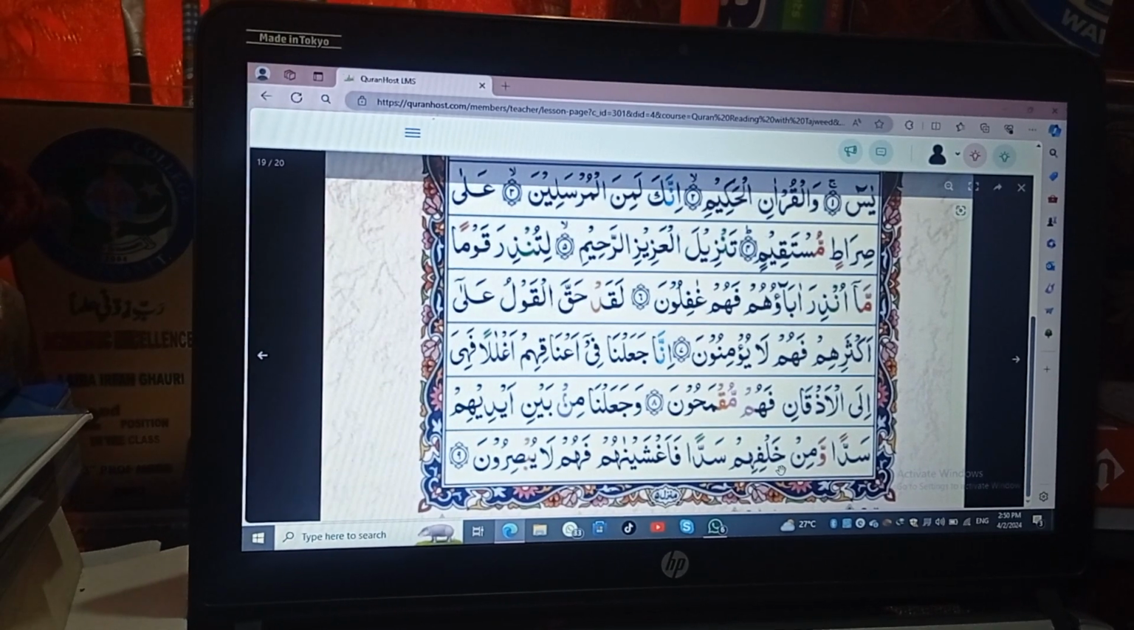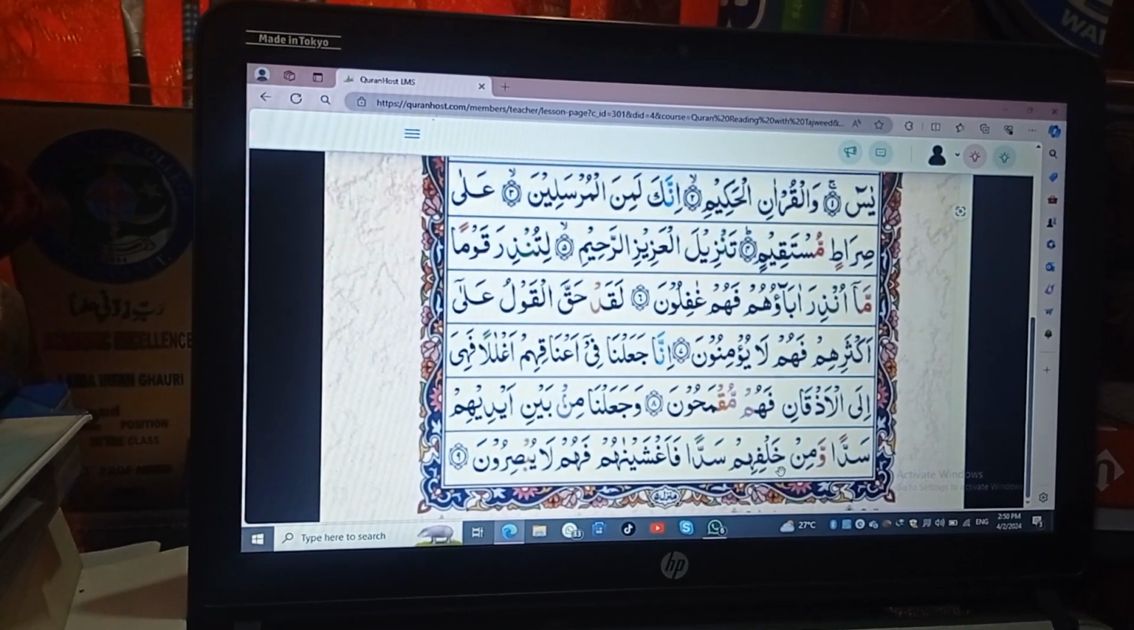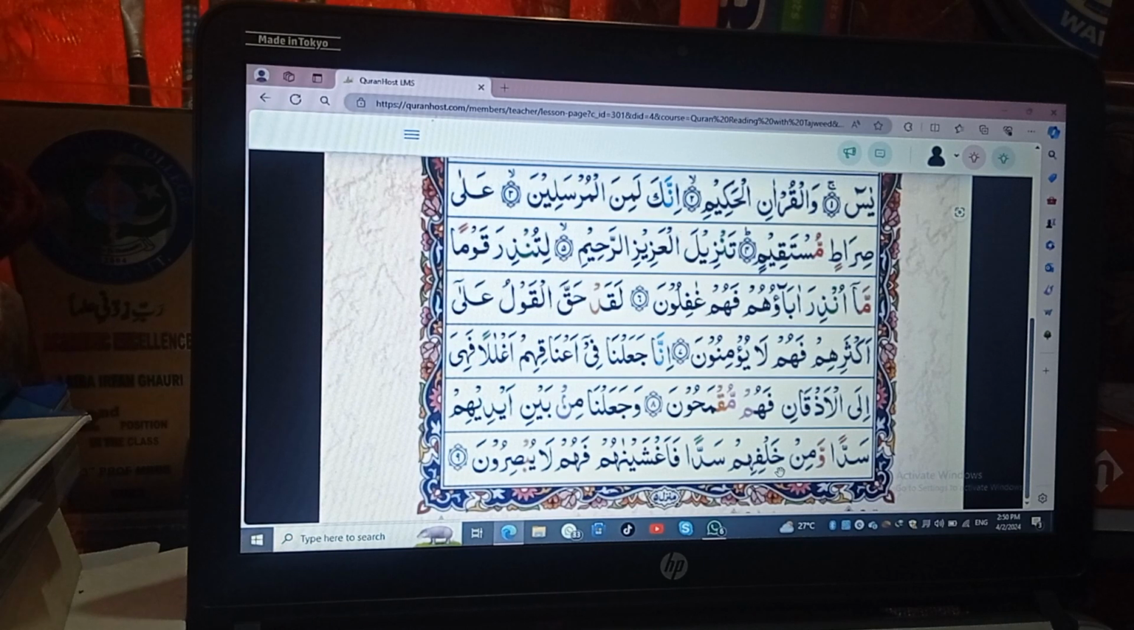So whenever you see noon sakin or tanween, and after that there is any throat letter, what are the throat letters? Throat letters are six letters, which we have to pronounce with different regions of our throat, and they are six in number, which are hamza, ha, ain, ha, ghain, kha. So whenever these throat letters are present after the noon sakin or tanween, then we have to follow the rule